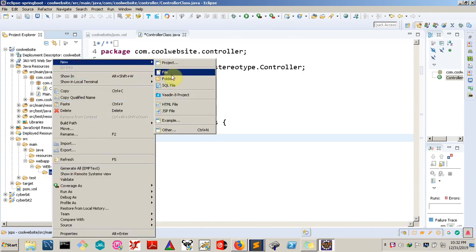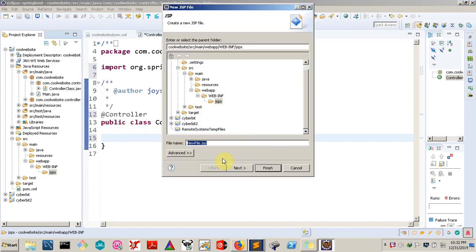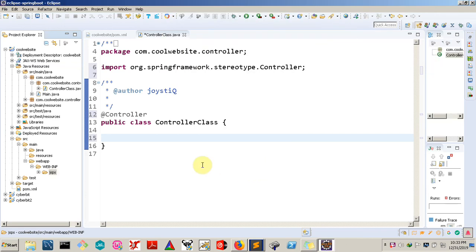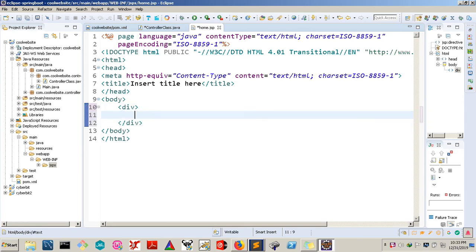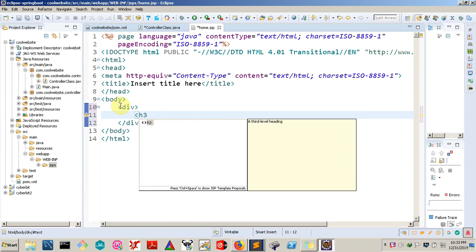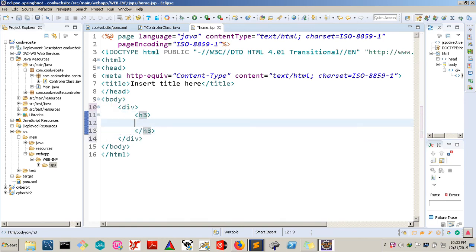So just go ahead and create a JSP file, and I'll call it home, and click next and then finish. So once we have it, we can actually display something. It will actually say